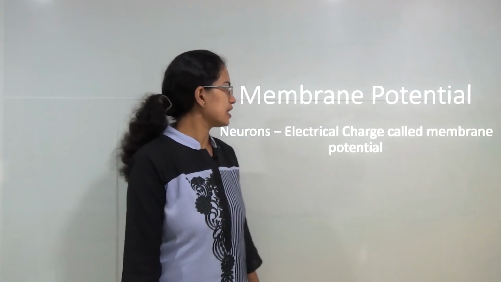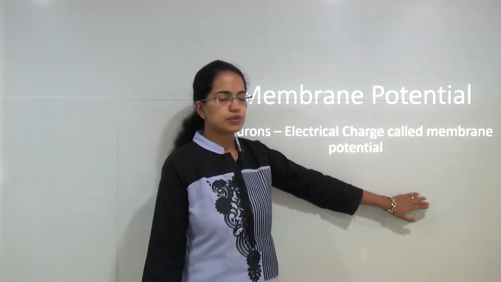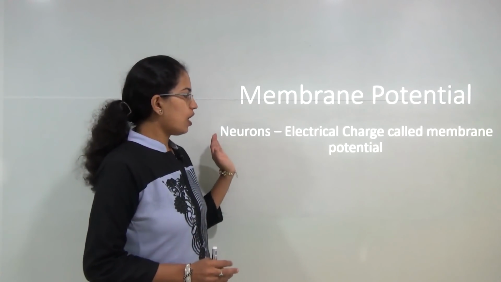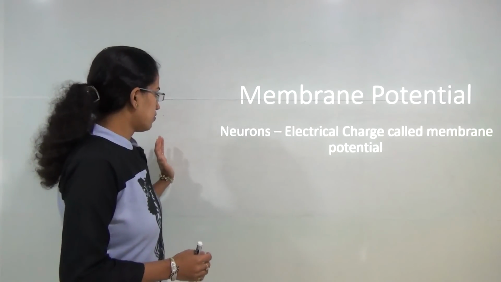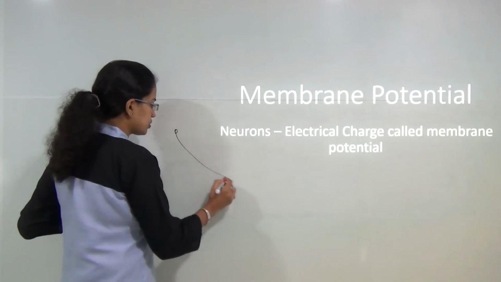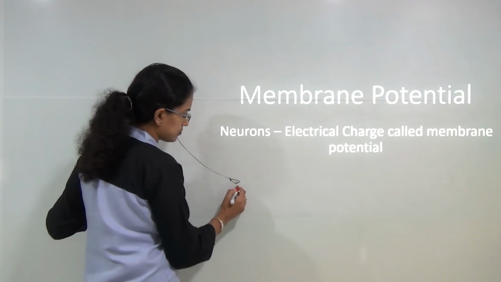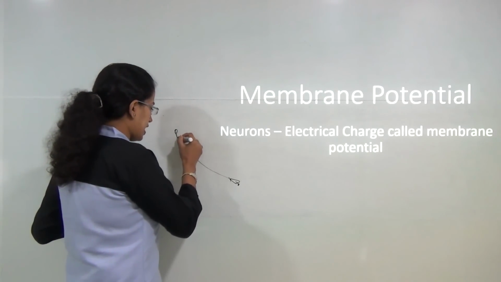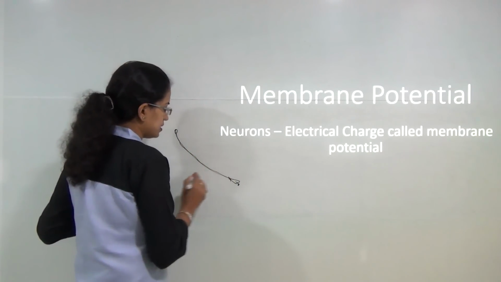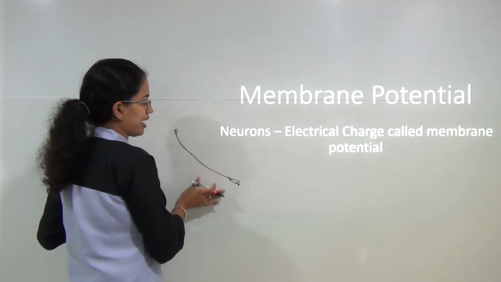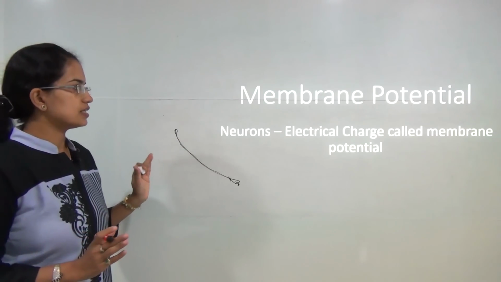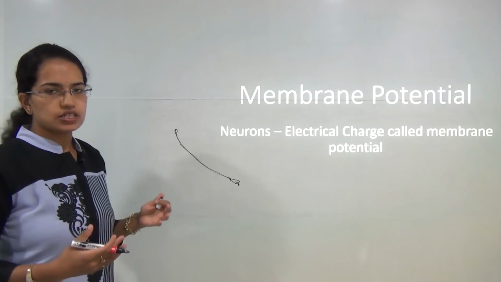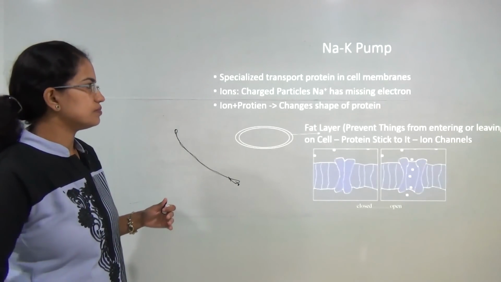Welcome again. In this class we will talk about the concept of membrane potential. We have discussed the concept of neurons and nervous system. Now, how is an impulse transmitted from, say, the brain to a hand that has been pricked by a needle? You need to understand the behavior and travelling of the impulse, and we understand that impulse under the concept of membrane potential. So when neurons are electrically charged, we say that membrane potential develops.